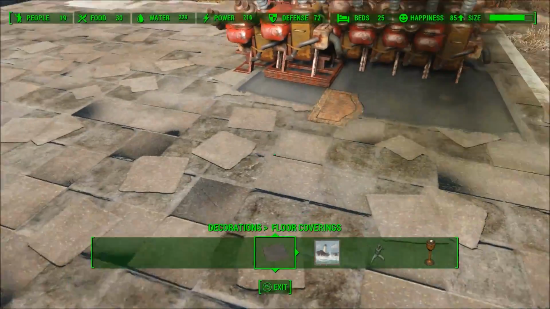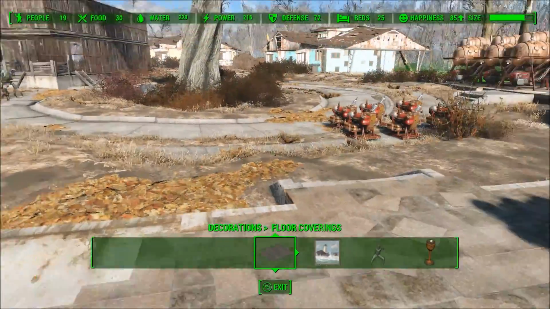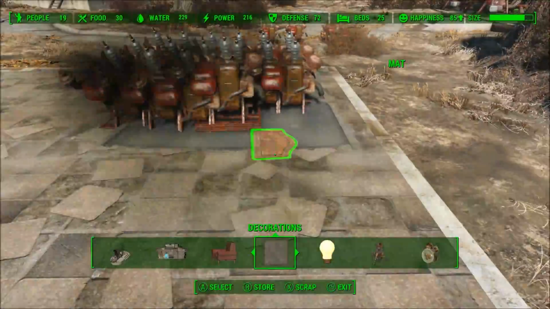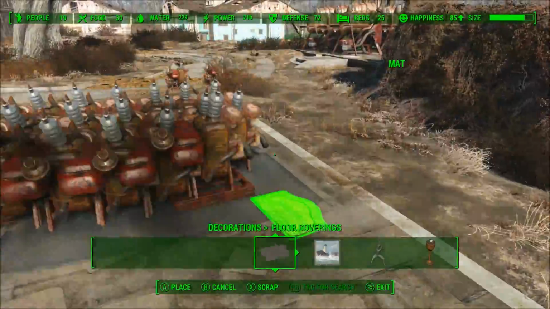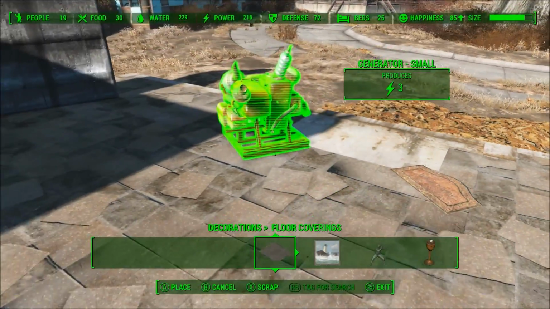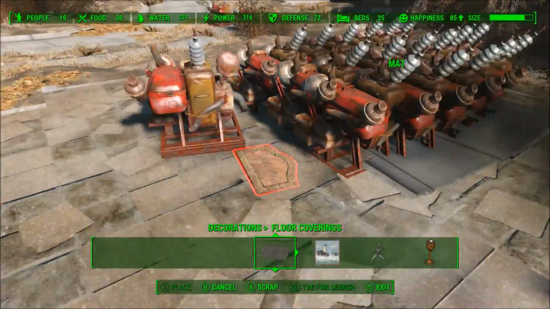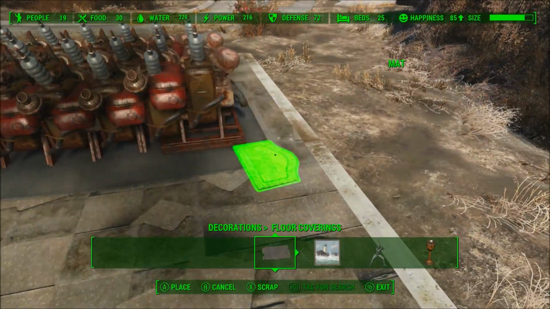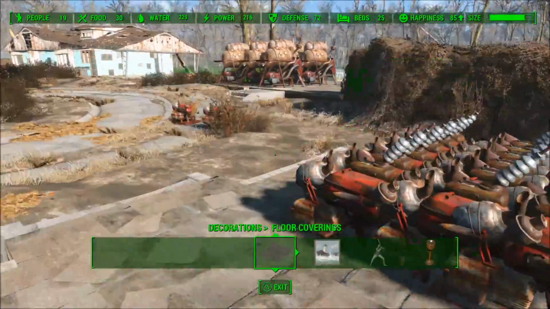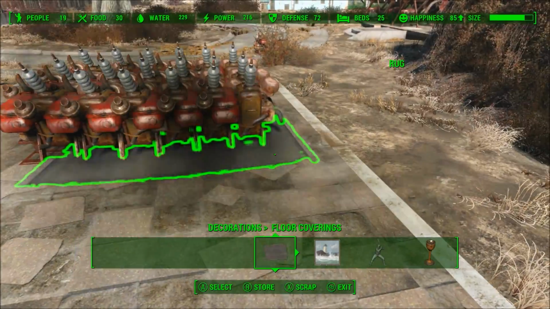I'll go through a couple of do's and don'ts at the end, but there are a couple of do's and don'ts that you really should be doing. Last one for the mat, or last one for the carpet anyway. So now we've got the 18 generators on the carpet, and the fact that they're on that carpet means that we can move all of them,